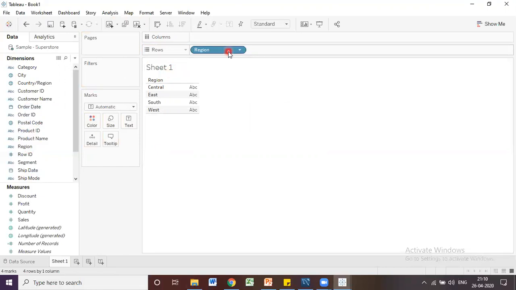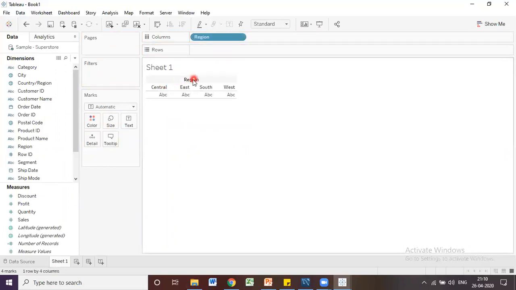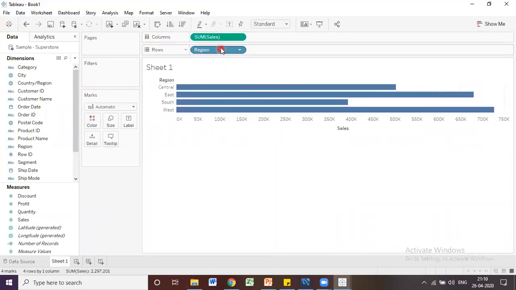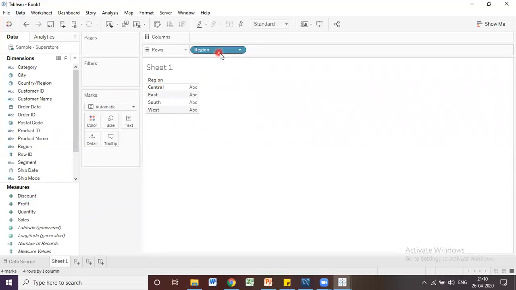As I said, discrete fields will create the headers, meaning the heading for that column or row. If you go to columns, you can see this is a header. Now region is there, right?